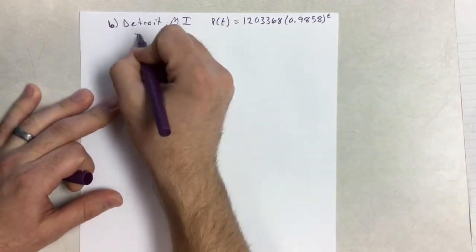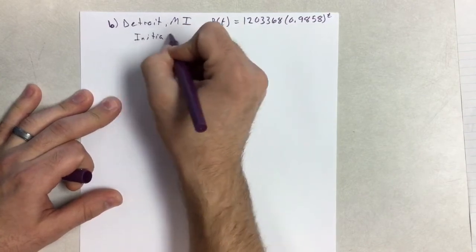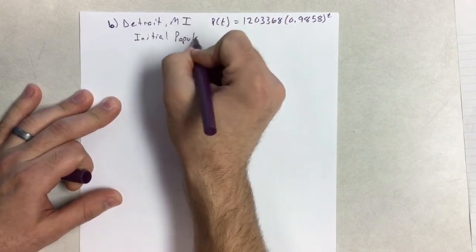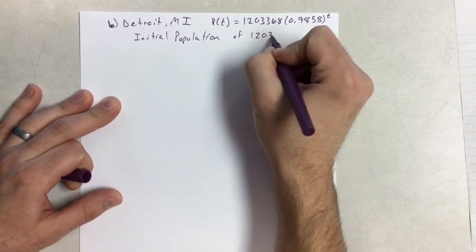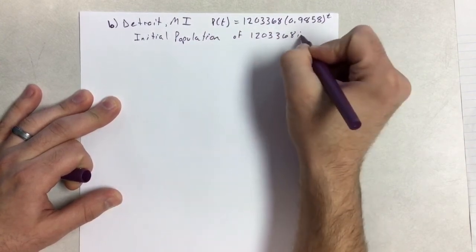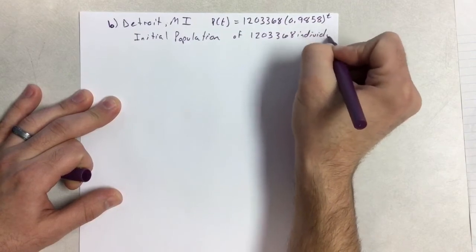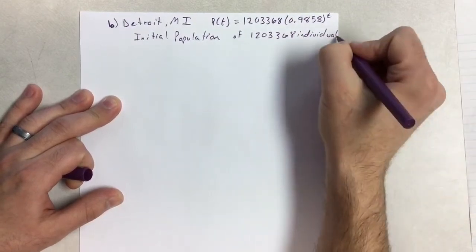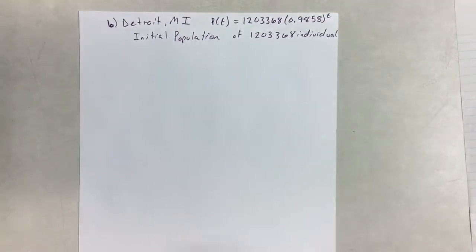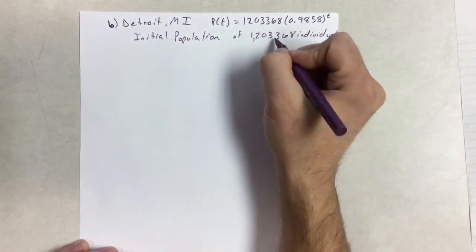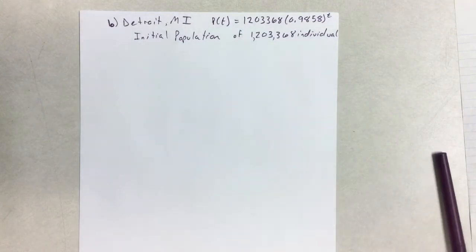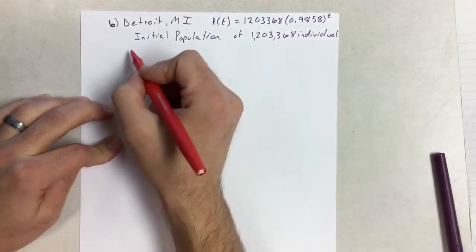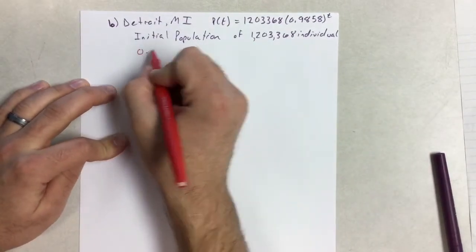We can quickly identify our initial population. So we have an initial population of 1,203,368, and now examining our factor, we notice in this situation that